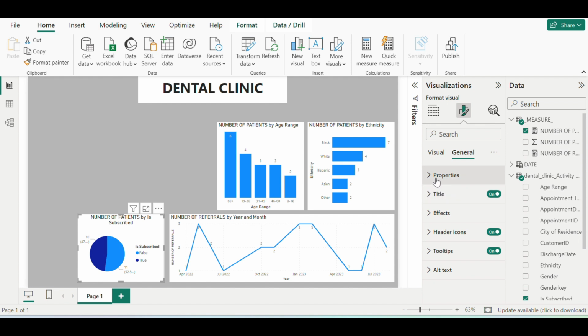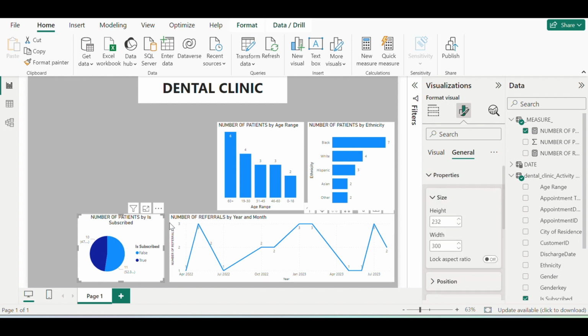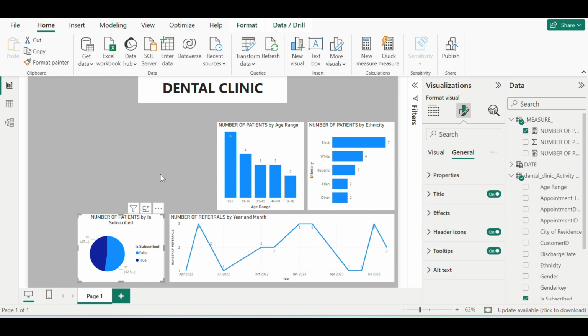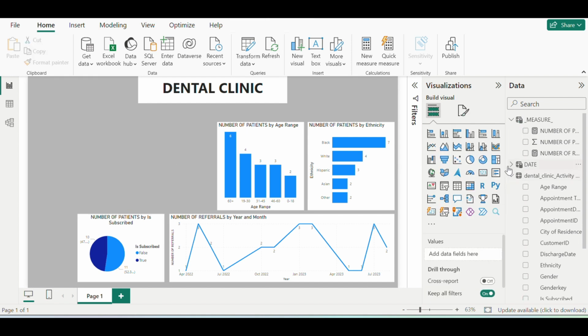There are so many other functions in here, particularly the properties, particularly on the spacing and how exactly you want it. You can always use this particular area to be flexible on the size and the position of the visual. So, and lastly, well, not lastly, but I would like to use the map